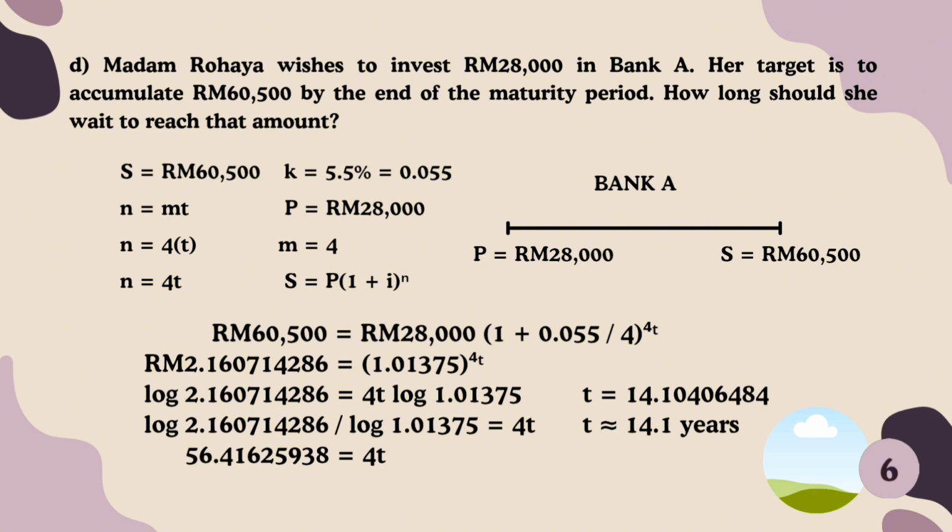How we get 1.01375 is because we solve the equation inside the bracket, that is 1 plus 0.055 divided by 4. Then we will take the logarithm, and it will be log 2.160714286 equal to 40 log 1.01375. Then we will take log 1.01375 to divide with log 2.160714286, and it will be